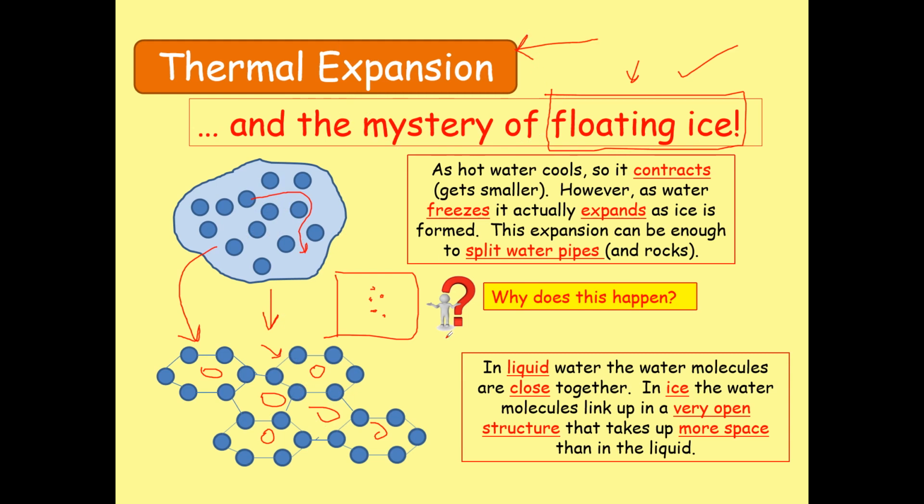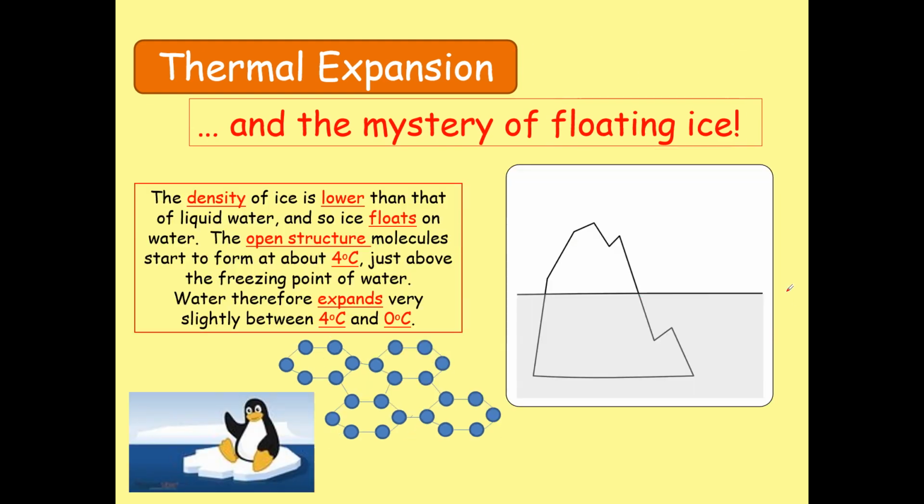Water does expand when it's heated up, and it contracts back when it's cooled down, but for a very specific range, it does the opposite. So that range is actually from 4 degrees to 0 degrees Celsius. During this temperature range, the water actually expands slightly,